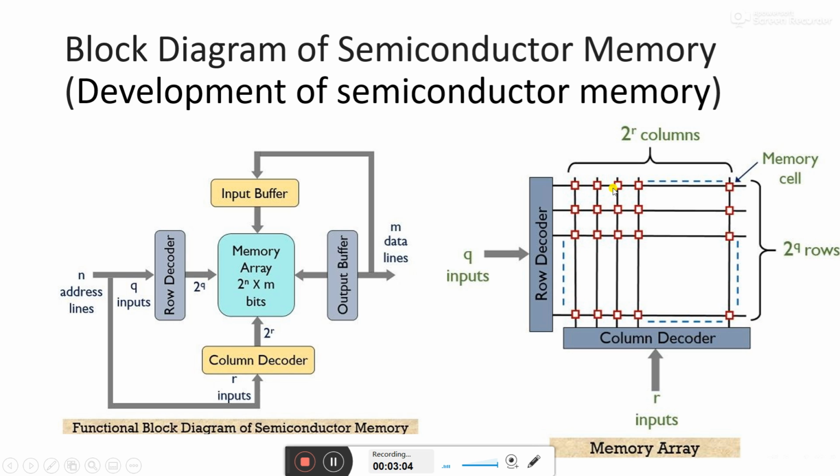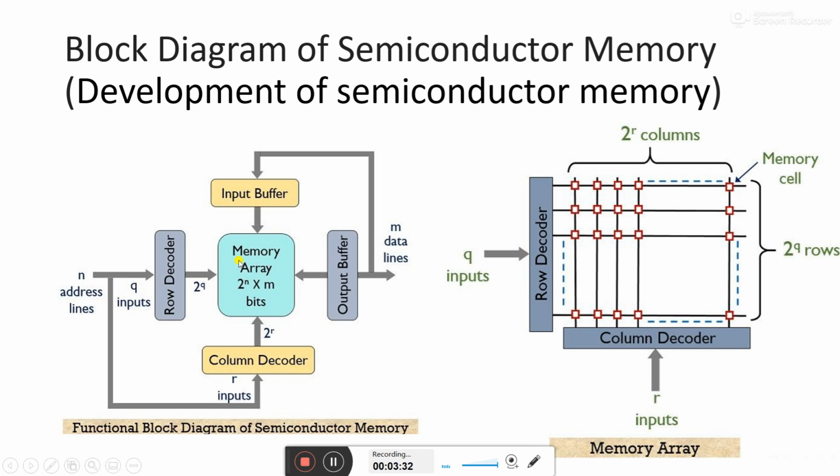So how can we access them? We have to access the complete block. We can access the complete block of the memory, and this complete block contains all these cells. So there may be n number of cells in a memory. So now how can we access them? We can access them using the column decoder and the row decoder.